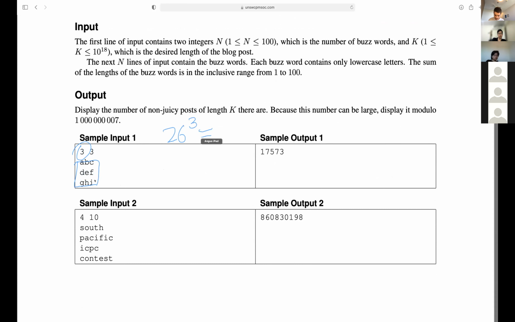This is 17,576. Now, there are 3 buzzwords, all of them are length 3. So the only posts that are juicy are exactly equal to the buzzwords. So there are 3 juicy posts. So minus 3 to get the number of non-juicy posts, which equals this number here. So that one's pretty easy to work out by hand.